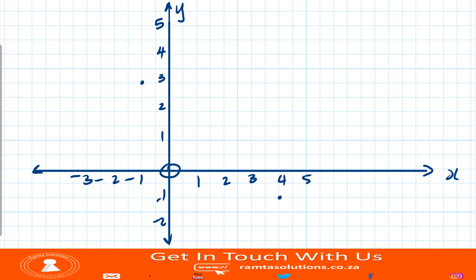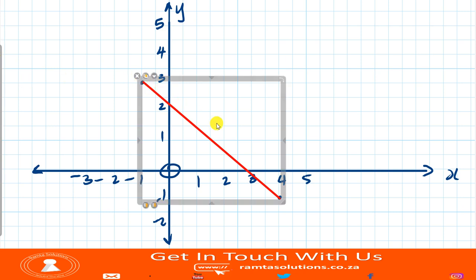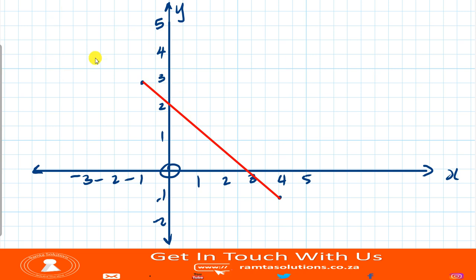Right? Let me join these points. I'm going to use a different color as I join them. All right. I think this is fine. So maybe let me try to move from